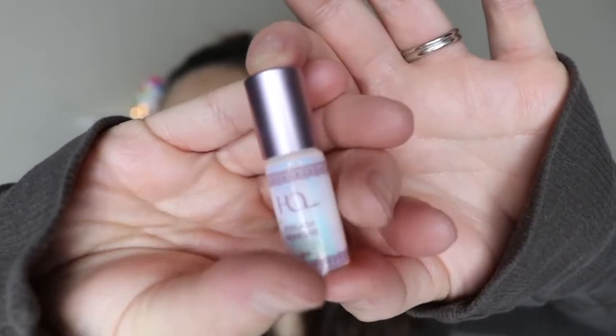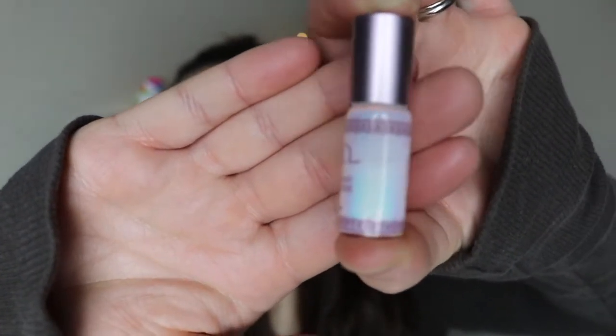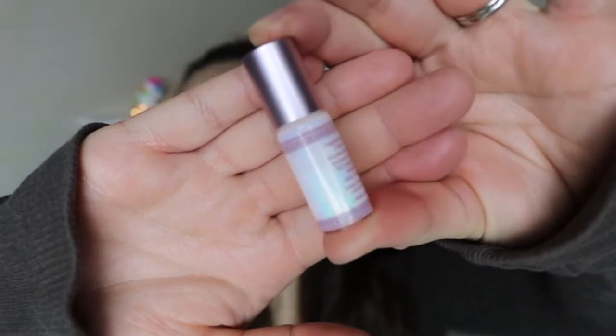This is just a sample size bottle obviously, but it's actually a really cool color. It's like iridescent in the tube. I don't know if you guys are gonna be able to tell, but it's really cool. So why I like this one so much more than the Ardell one is the Ardell one takes forever